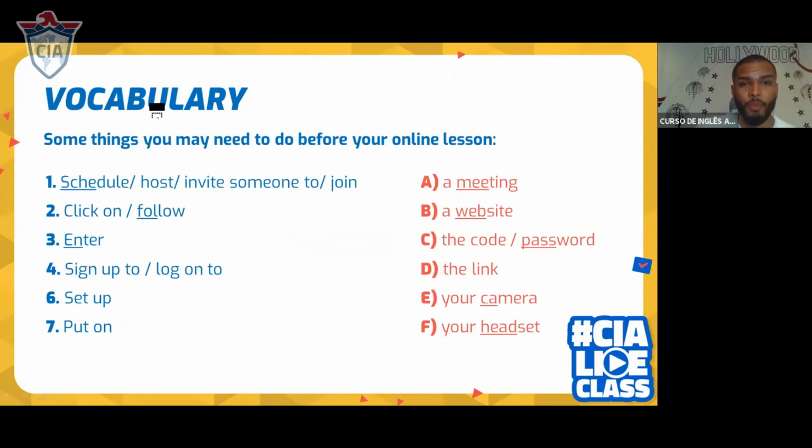All right. And finally, set up. Set up. What do you do here? Set up what? Set up your camera. That's right. Set up. You're going to configure. If you look at our space here right now, we have set up the camera.